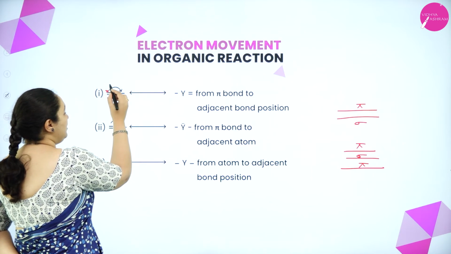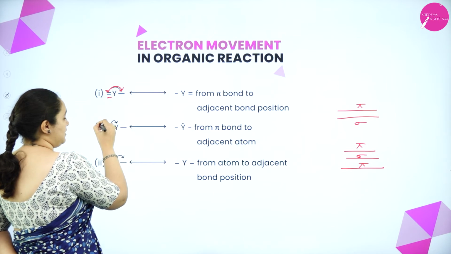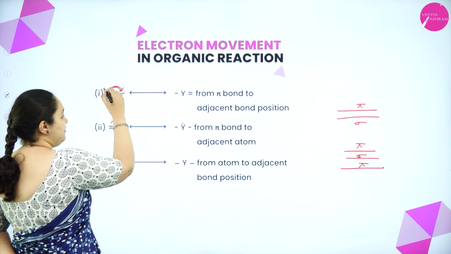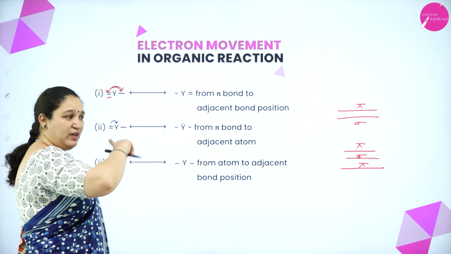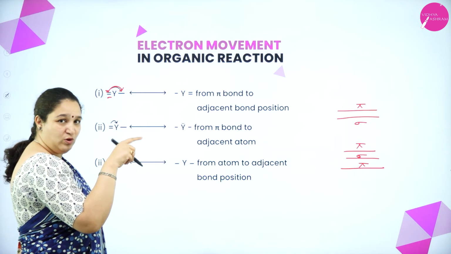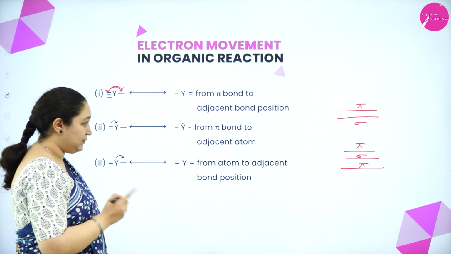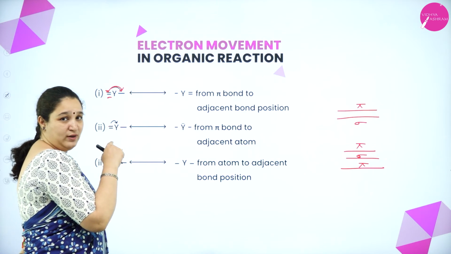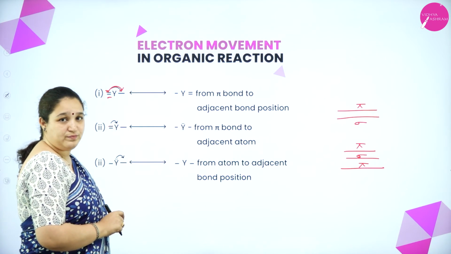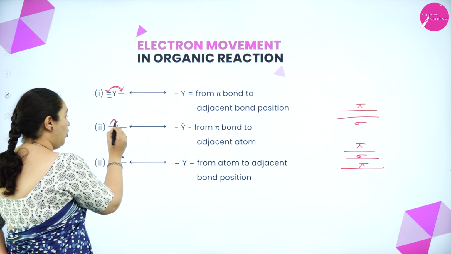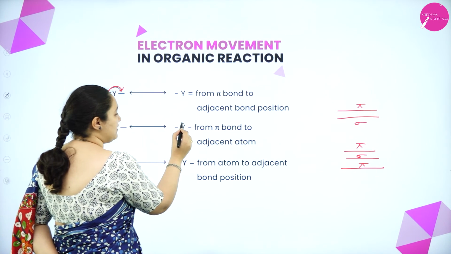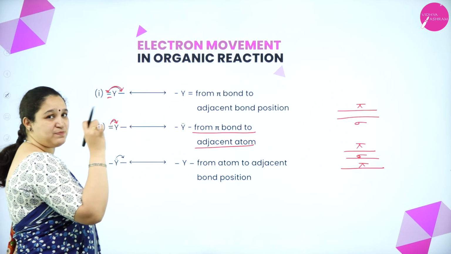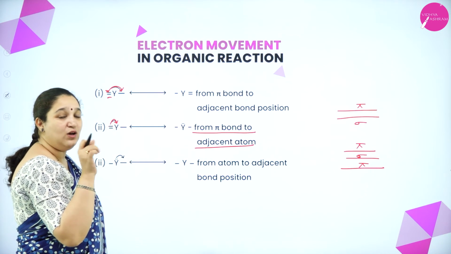Now, this pi bond is moving from one place to another place. So, this is from one pi bond to the adjacent bond position. We just put an arrow mark from where it is moving to where. Where it is going to go, that side the head of the arrow should be present. Second way of representation is when the two electrons involved in bonding are going as a lone pair of electrons. Then you put an arrow to show where exactly it is moving. You can just put two dots like this. So from the pi bond to the adjacent atom, it is placed as two dots to show that it is going as a lone pair there.